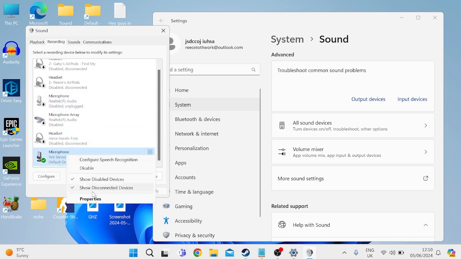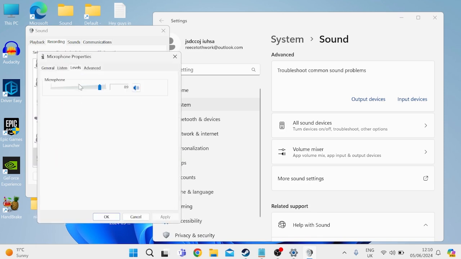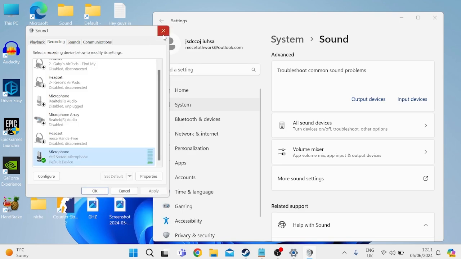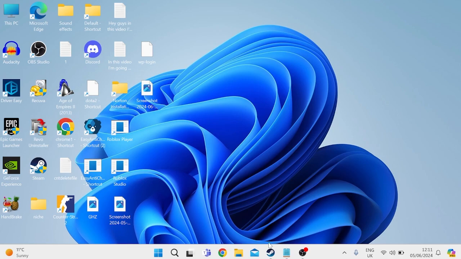You then need to right click on your microphone and select properties, head over to the levels tab and ensure the volume slider is set to full, then come over to the advanced tab and we want to disable exclusive mode down here by unchecking these boxes, and then we can press apply and OK to save our changes. You can then close out of these windows, and the next thing we're going to do is actually launch our